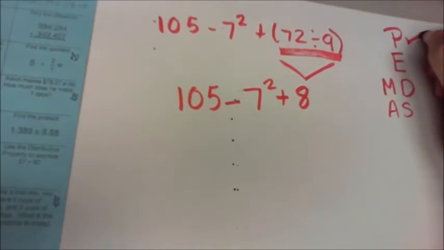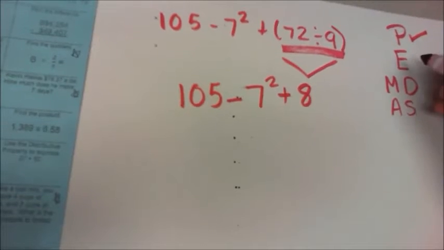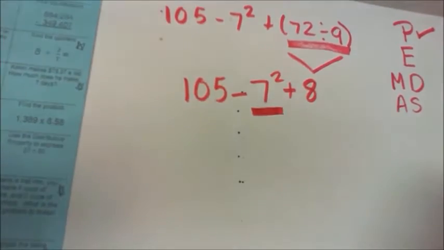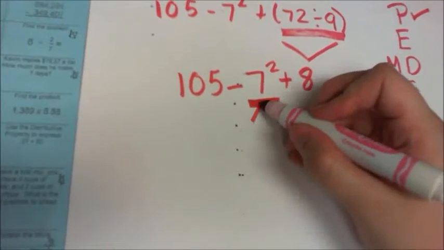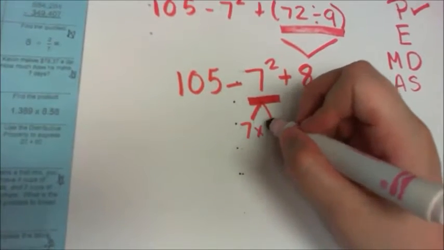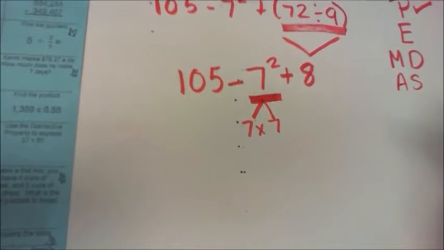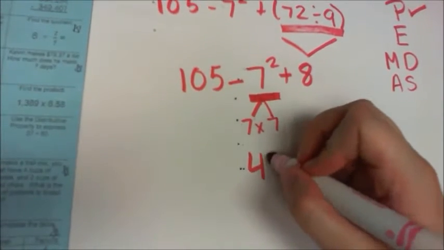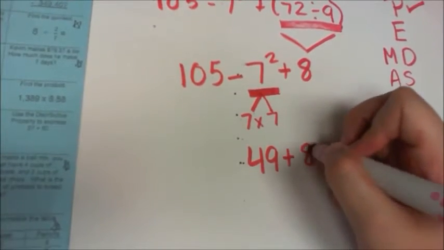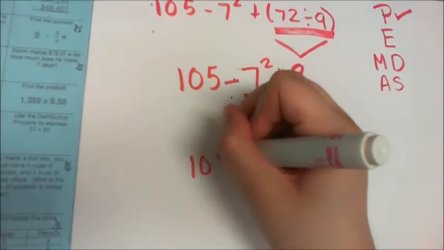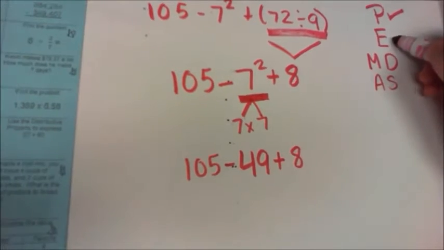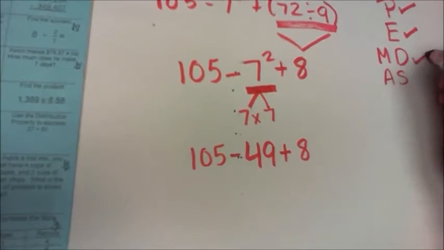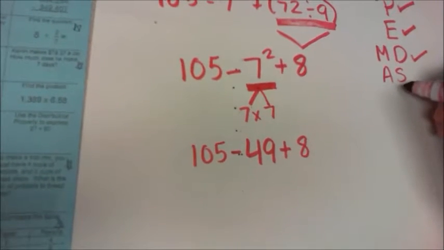There are no more parentheses, so I'm done with that step, and I'm now on my exponent step. I have an exponent right here for 7 squared, which means I need to multiply the number 7 2 times. 7 times 7 is 49, and I bring the rest down. I'm done with my exponent step. Looking here, I see there is no multiply or divide, so I'm done with that step too,